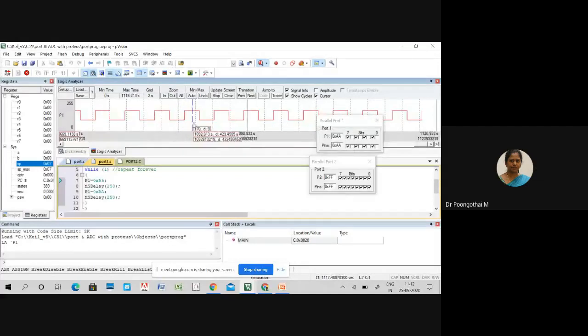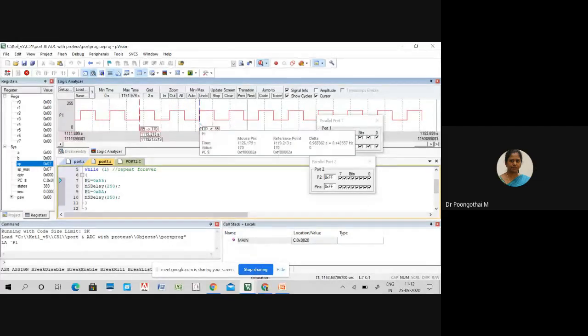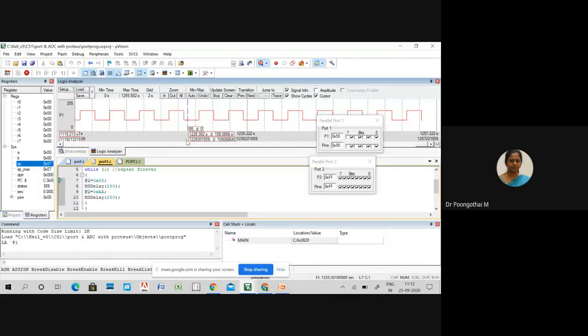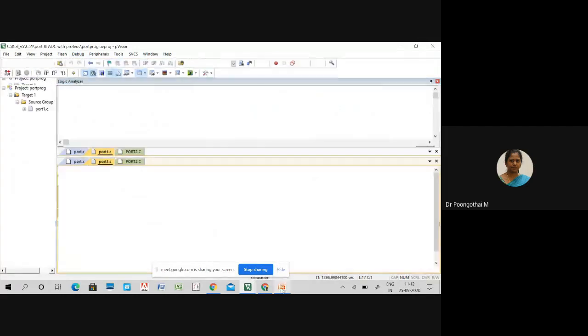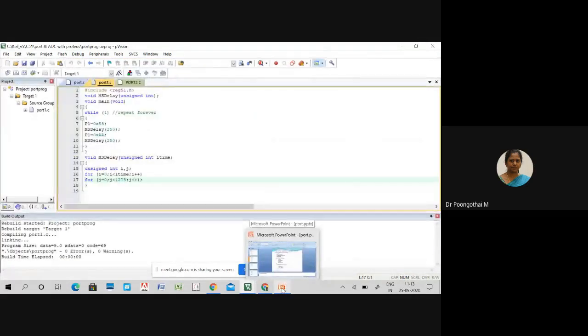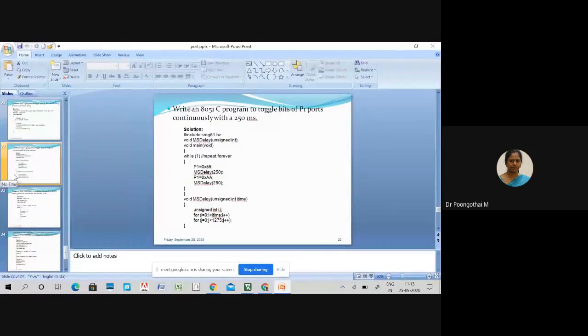So the value is continuously toggling at P1. So this program is for known delay time period.